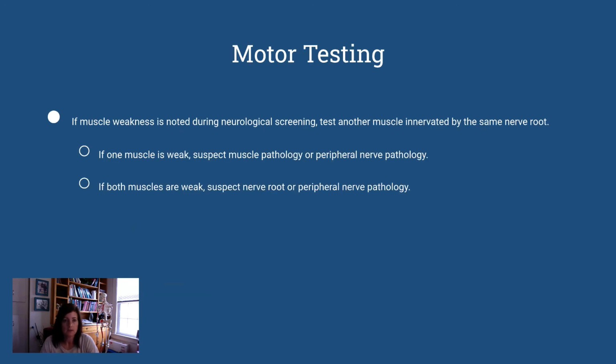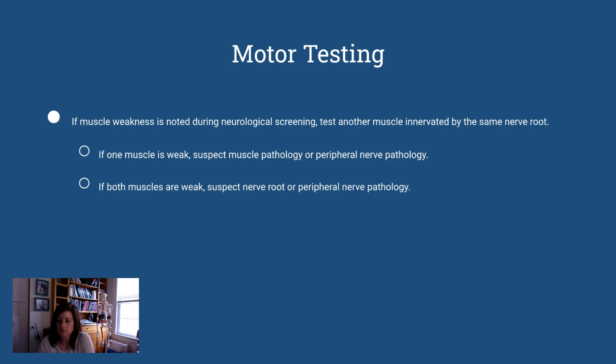Okay. Second one is motor testing, and we do this through myotomes. So we've got myotomal testing. It's important to test each myotome for the upper and lower extremity. And you're going to hold the contraction for 5 seconds so that you get a good feel for the patient's function,